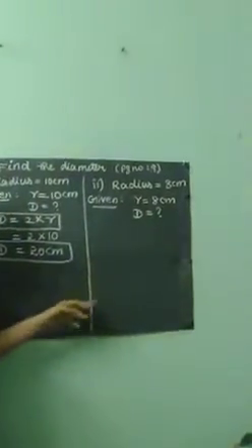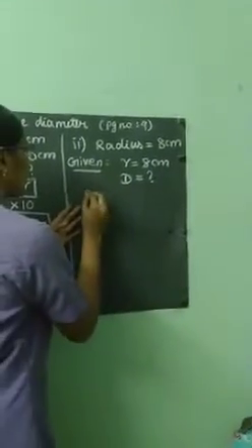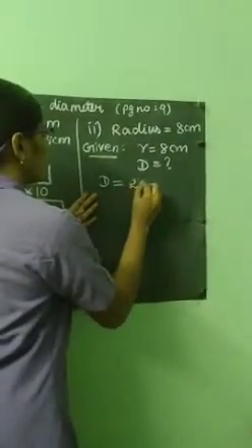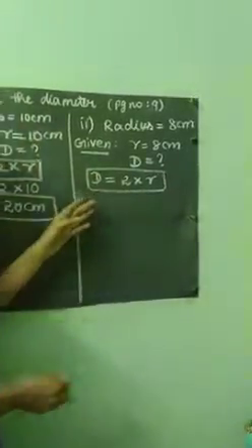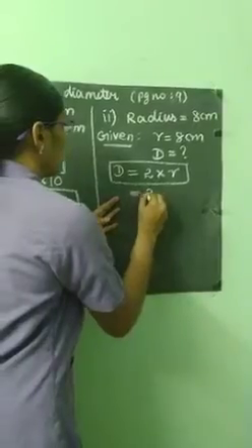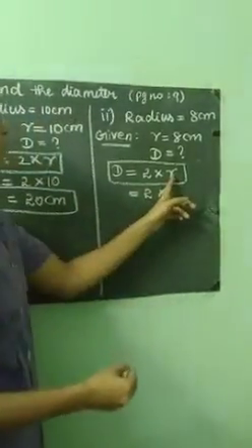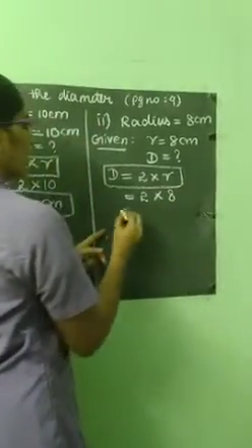Now which formula do we want to use? Very good, diameter formula. What is the diameter formula? D equal to 2 into r. Put the box. Okay, twice the radius, 2 into r. Put the equal to 2 into, what is the r given here? 8. So put the 8 here.